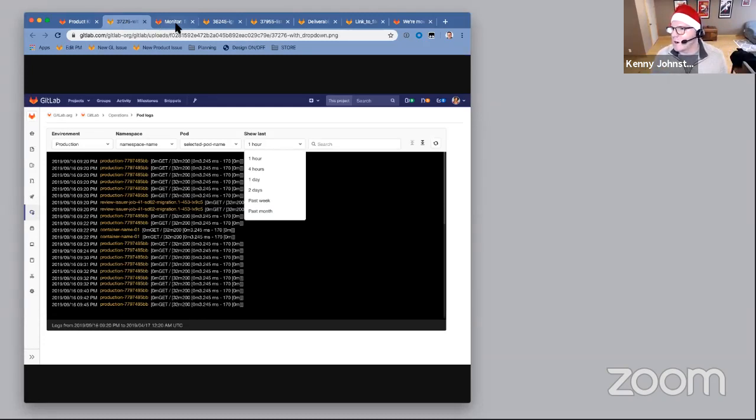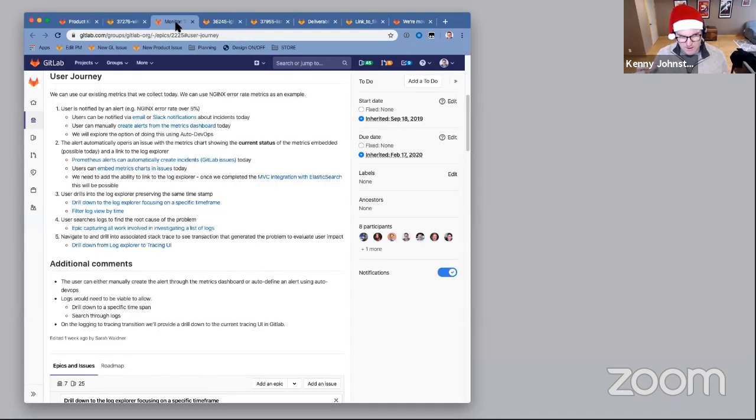So in our initial inception of the triage workflow, you're reviewing a metric and you might get an alert on that metric. And so an issue has been created within GitLab's incident management tool. And then the key link here that is not provided today is the ability to look at a metric and select a time period of that metric.